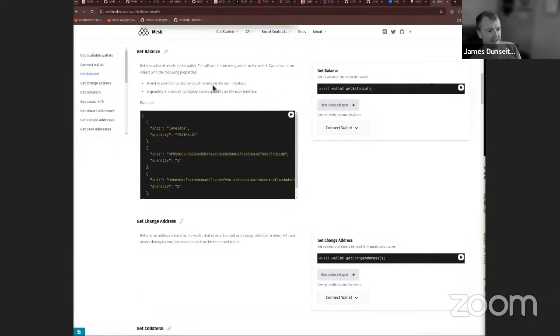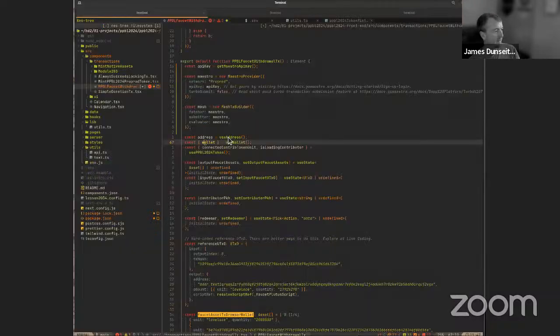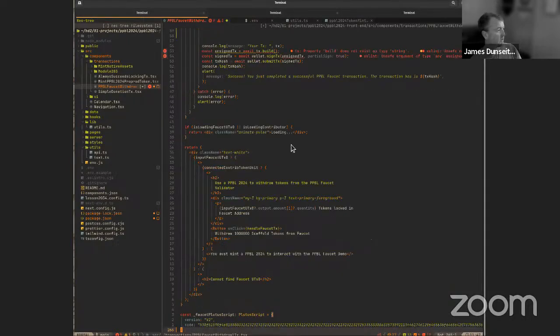This seems pretty helpful because, as you can see right here, this is going to return a list of assets. We were just talking about creating new lists of assets, right? This should look pretty similar: unit and quantity. And so this could help us just find out if the connected wallet holds a PPBL 2024 token. That's actually already taken care of right here with a custom hook. But if we look at the definition for that hook,